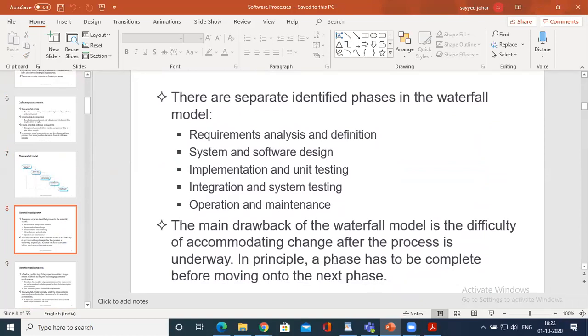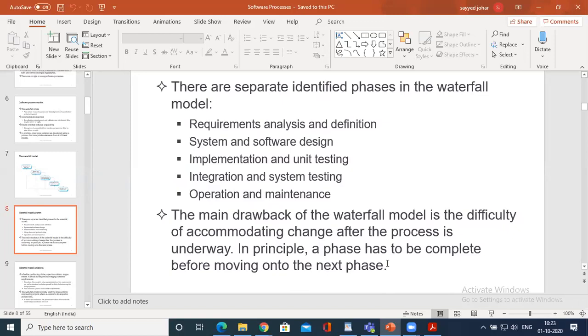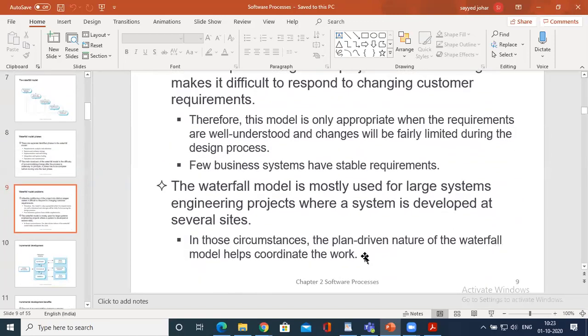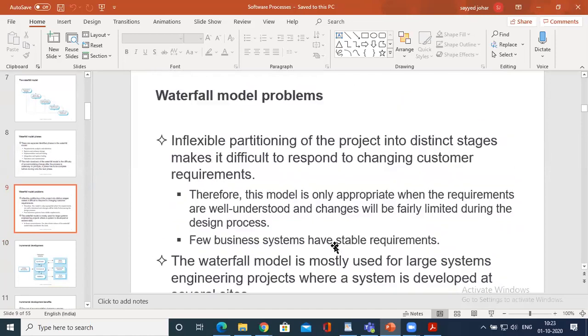That is, a phase has to complete before moving on to the next phase. Unless it does, you cannot move. Once you start development, requirements cannot be changed. So that is a major concept. While designing a program, your inputs are fixed, and you only need to check that program with that system. If you want to change, a process has to complete fully before moving on. So that is a major drawback. Until you complete this, you cannot move further.